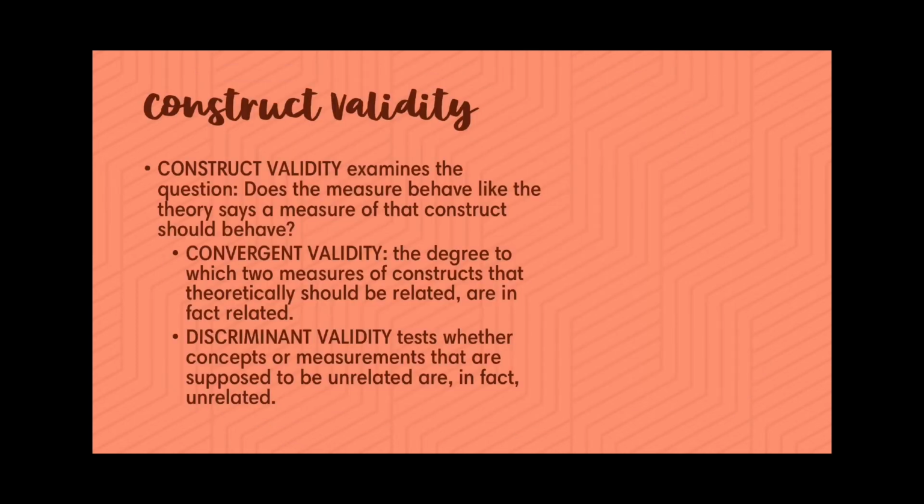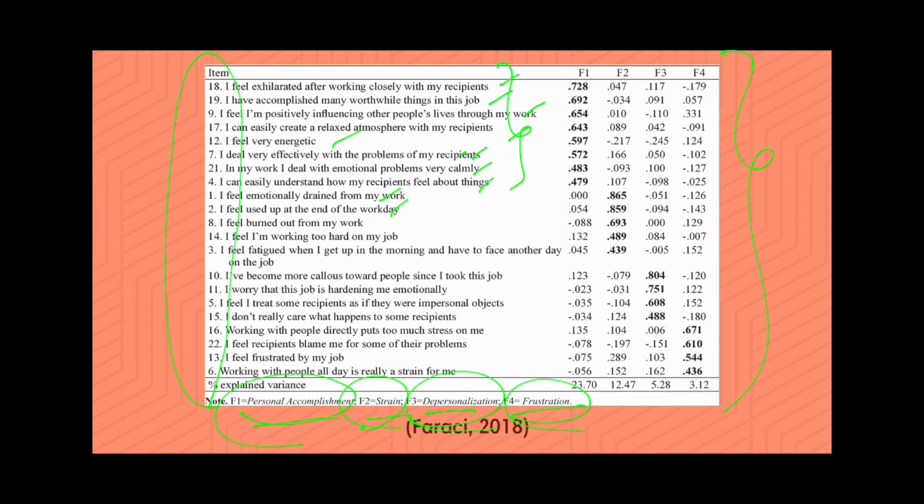Here are some of the major components of psychometrics, the characteristics that we ensure when we are psychometrically testing a specific instrument, test, or scale. The first one is construct validity, which examines the question: does the measure behave like the theory says a measure of that construct should behave? So if we are measuring burnout, just like this one,